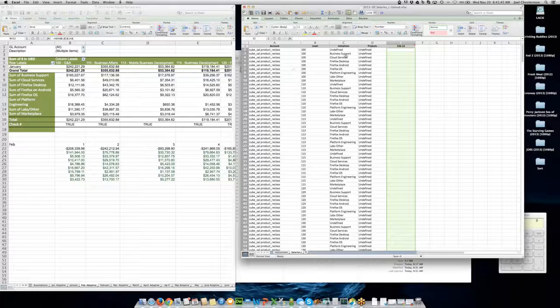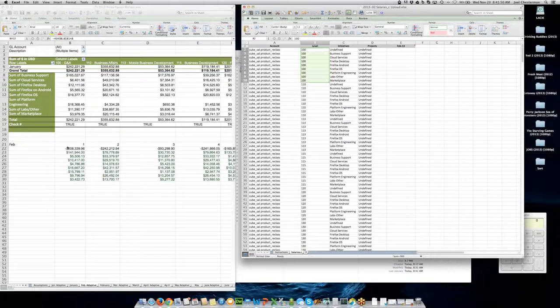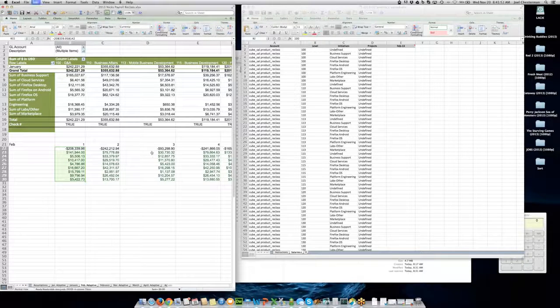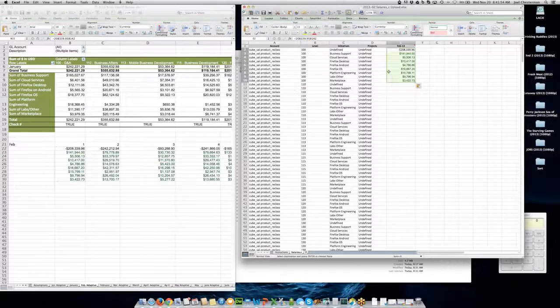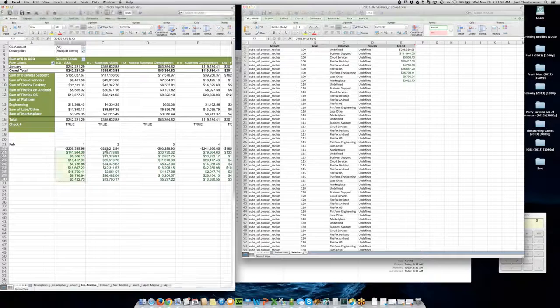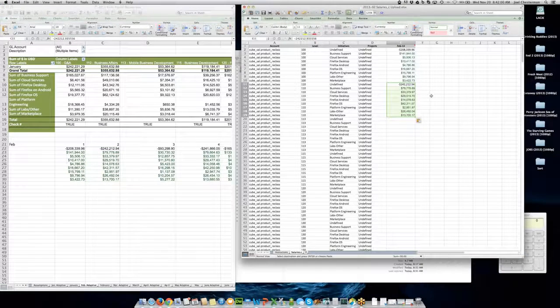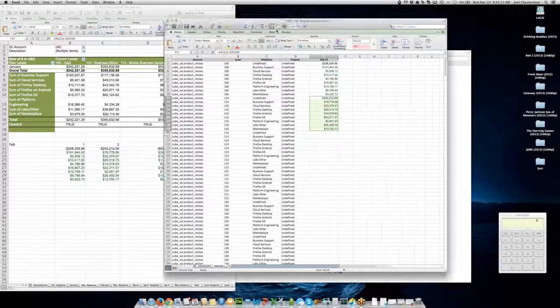I just want to double check that these match what I'm about to grab. So there's my 100. This is a Control C, Control V. 110, Control C, Control V, and so on. Just make sure they match up to the right account. That's right. Okay. So that's kind of the copy and paste method. And that seemed to work fine. I was able to get through one until